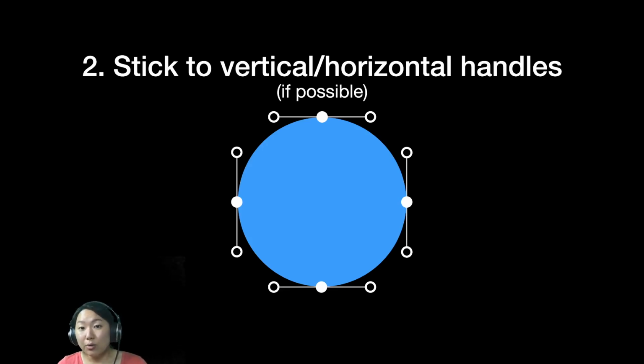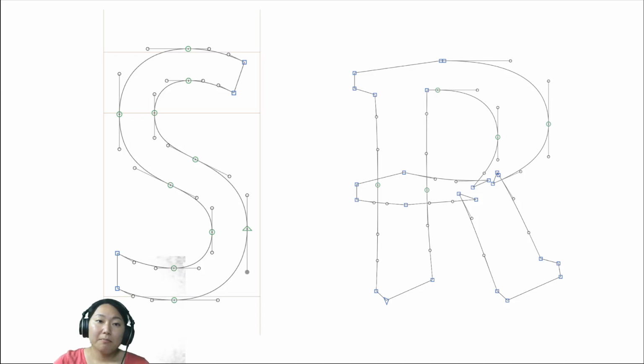So for an O that is geometric, you can imagine that this would be pretty possible. But for example, as you can see in this S spine that we looked at earlier, the S spine can't have handles like that, the off-curve points, because it is on a diagonal slant. And in this sample R, you can see that I wanted a gentle curve in that bowl, like the middle stroke that you can see here. And because I wanted that gentle curve, I needed to break that rule and have it not exactly in 90 degrees.